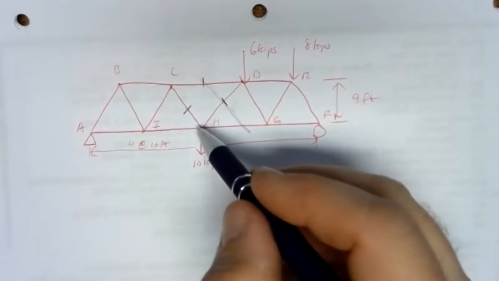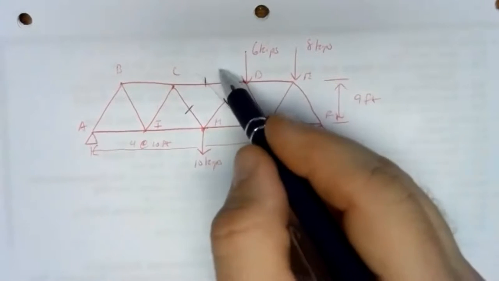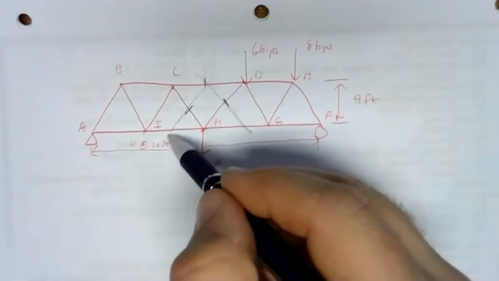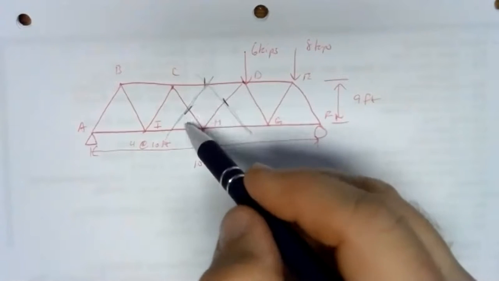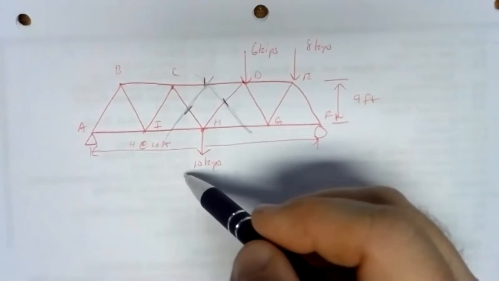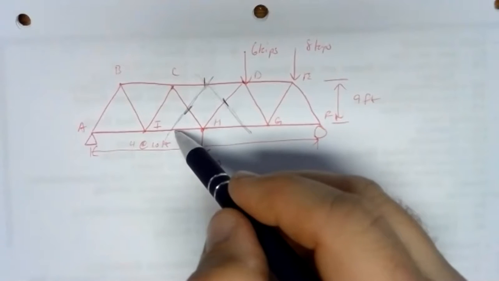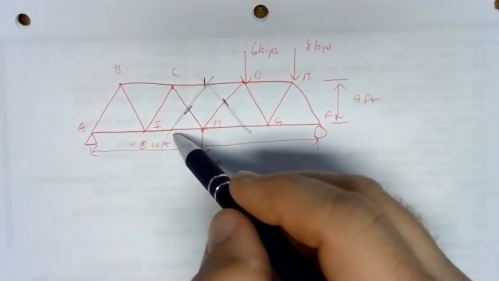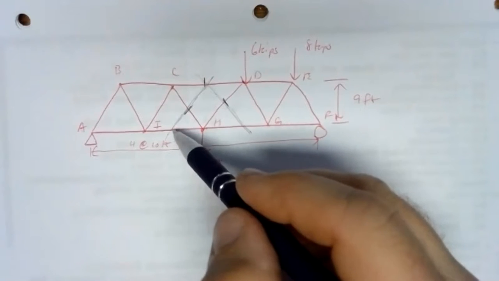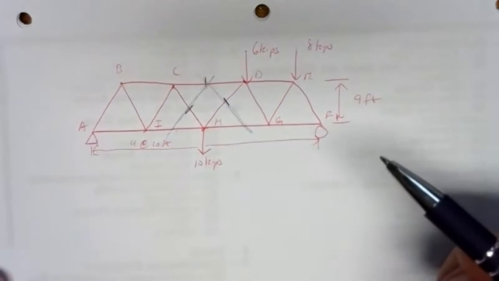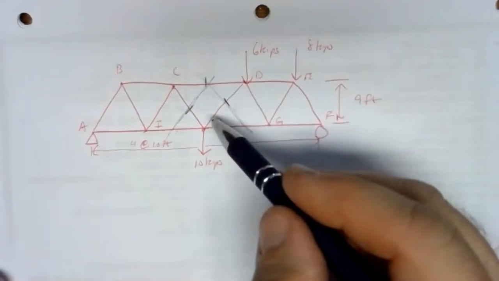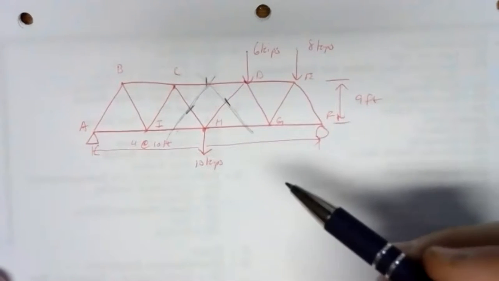Then we'd have to figure out how to get CH. Similarly, if we cut through like that, we'd get CD, we'd get CH, and we'd get HI. We really don't want HI, but it would come in for free. So the strategy for solving this problem to get the three members that we want, if we were restricted to